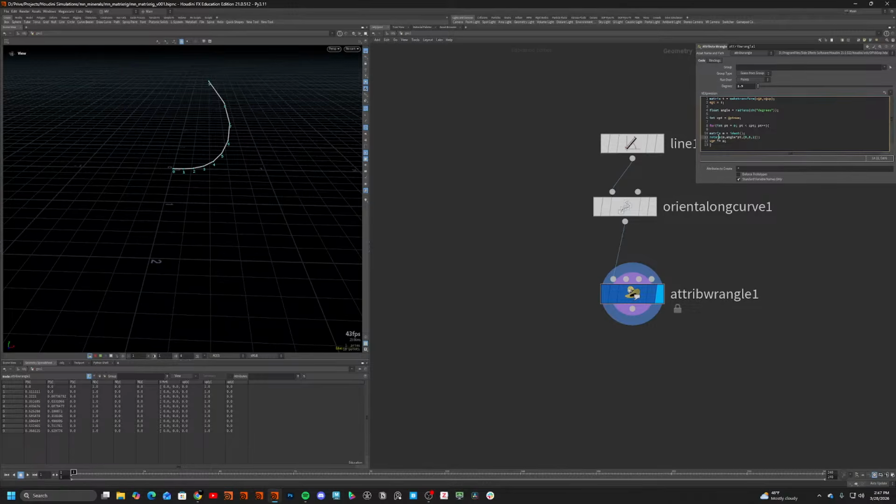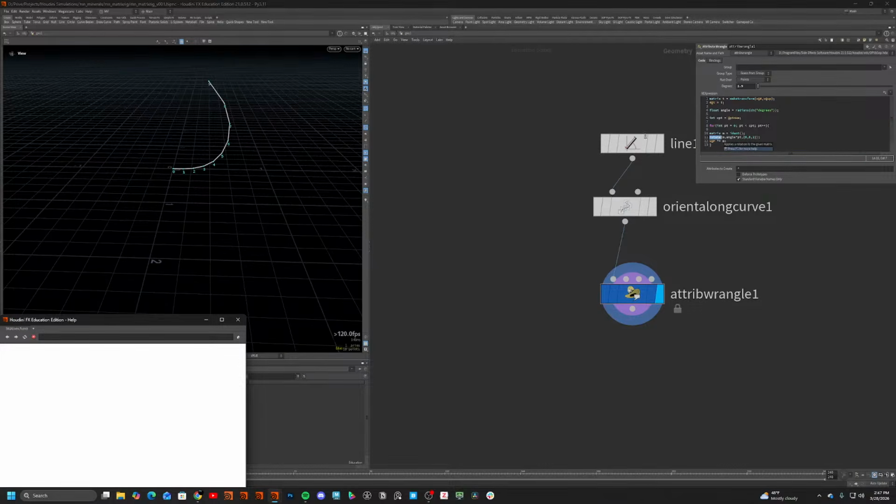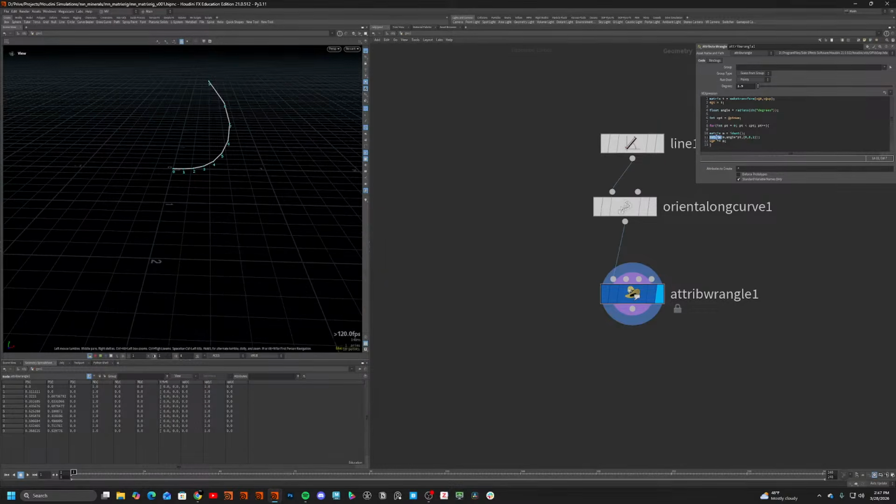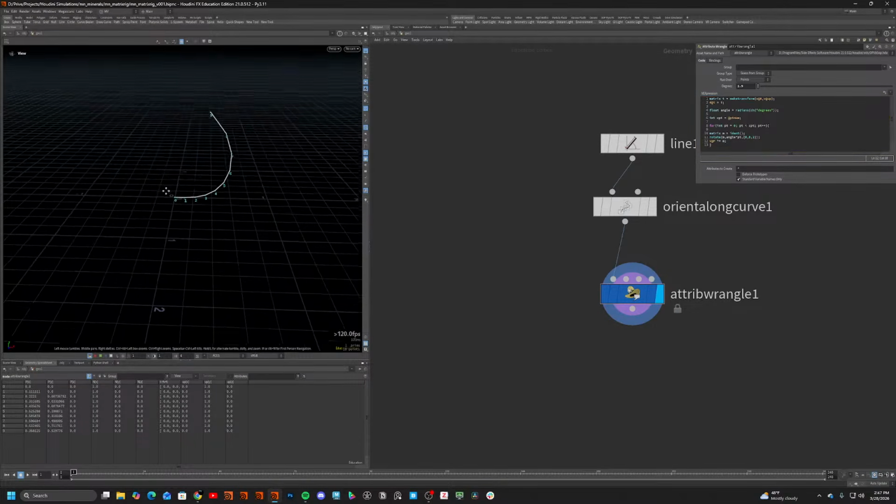Wait, the rotation is using radians, I think. Yeah, must be in radians. But yeah, it works already because